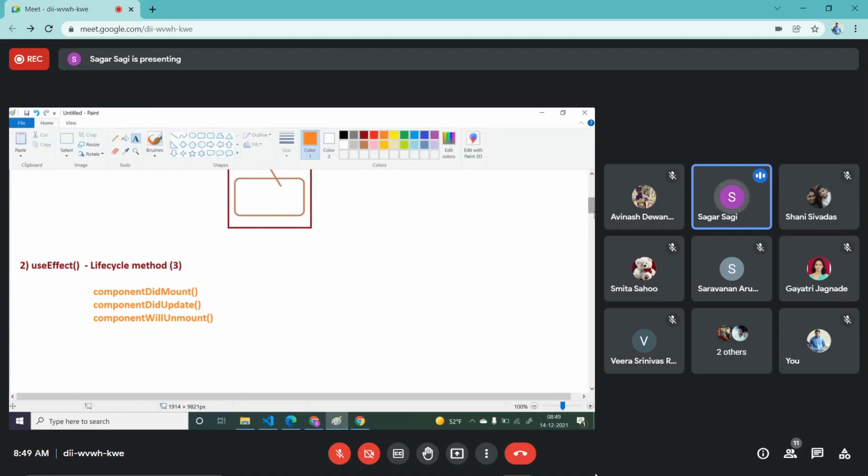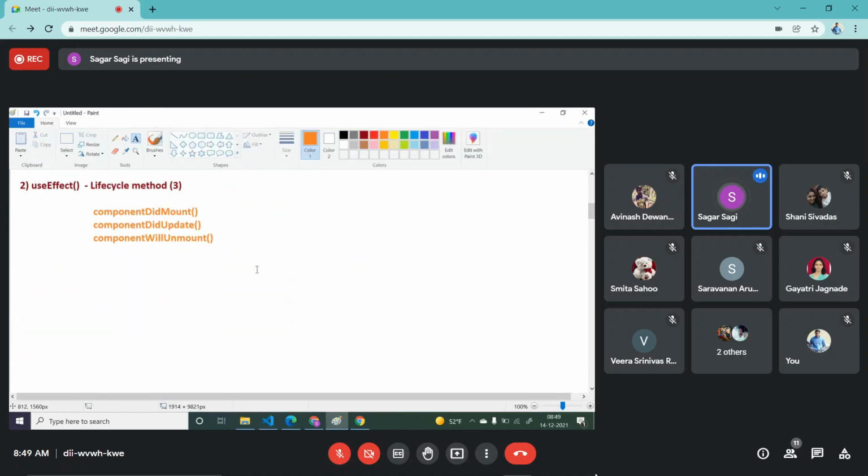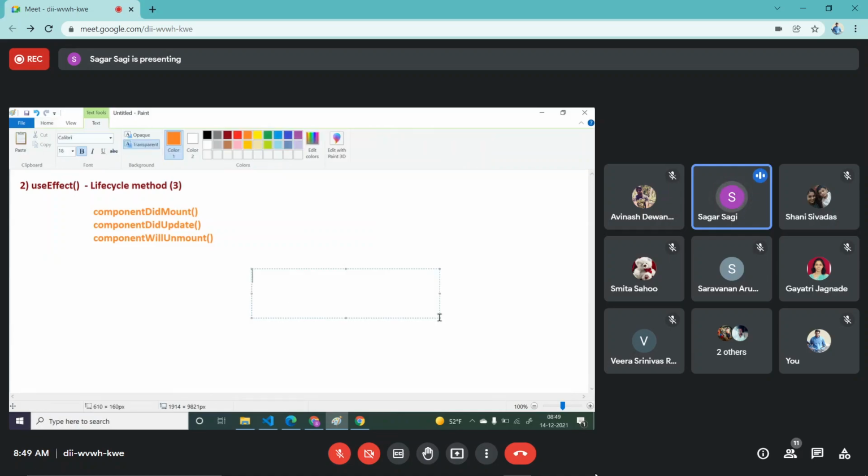So useEffect hook will take one callback function. So for example, this is my useEffect hook. Now it will take one callback function.